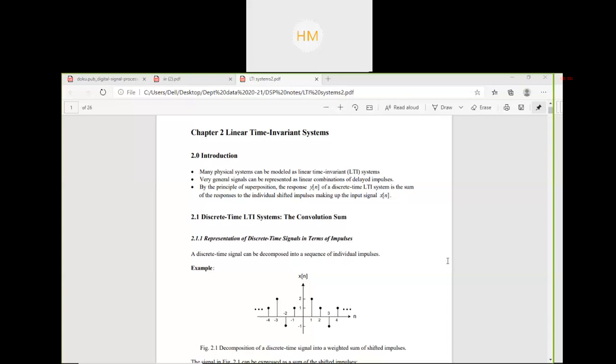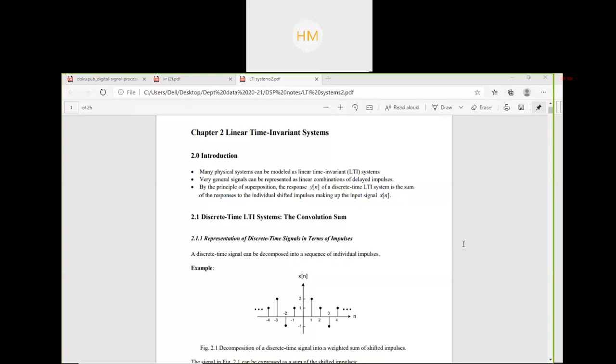Okay. So what we will do, we will first find out H of z and Y of z. How will we find H of z? H of n is given to you; taking the z transform, H of z will be equal to 1 plus 2z inverse plus 3z to the power minus 2. Similarly, you will find out Y of z.